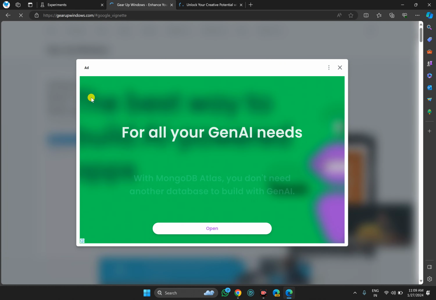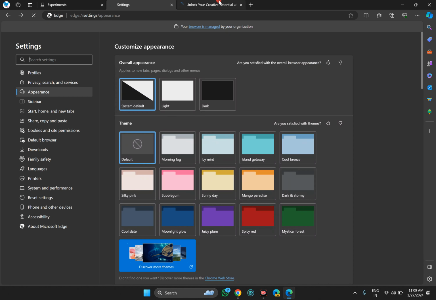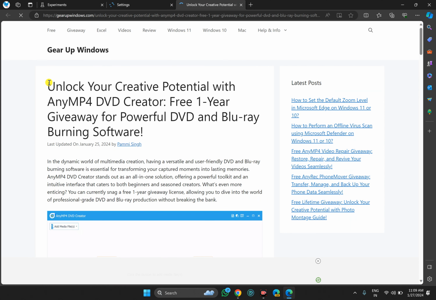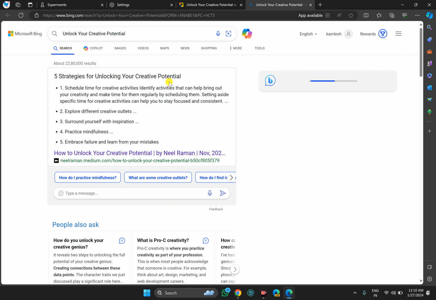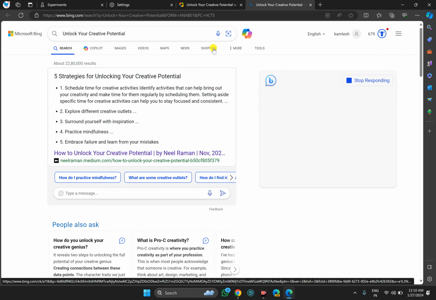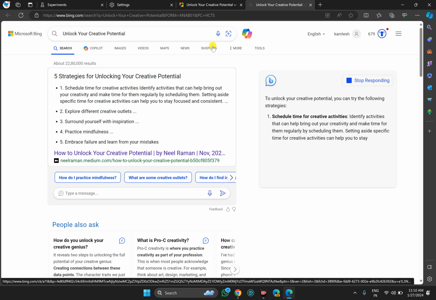And if you want to search any text, just select it and drag it on the same window anywhere. It will search in a new tab on your default search engine that is set on your Edge browser. Like this, you can use this super feature of the Edge browser.